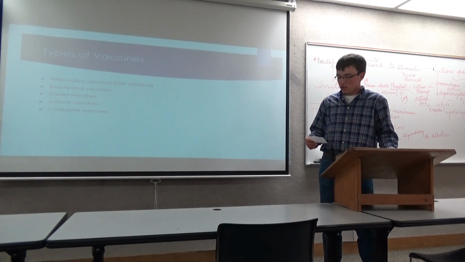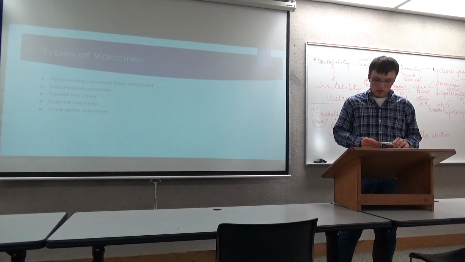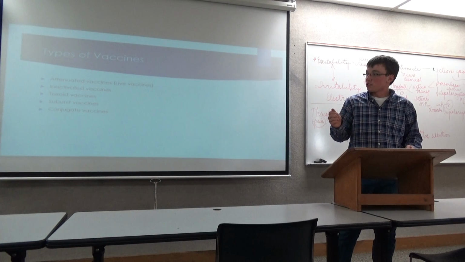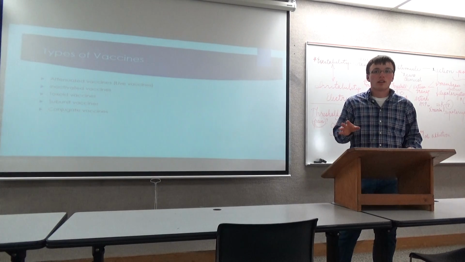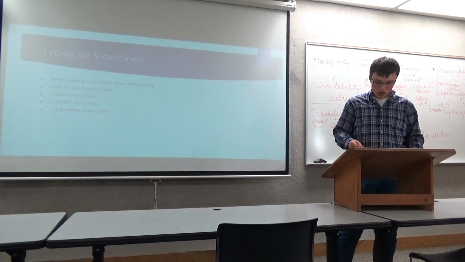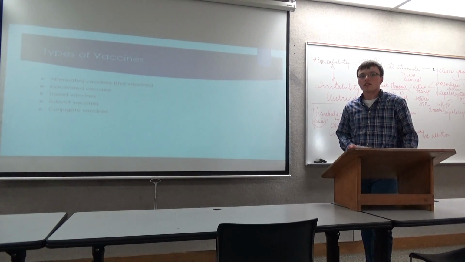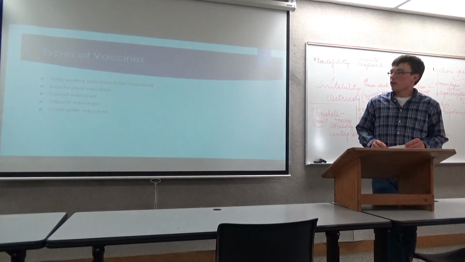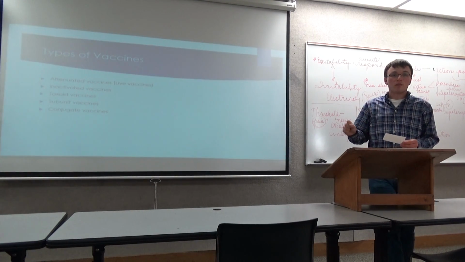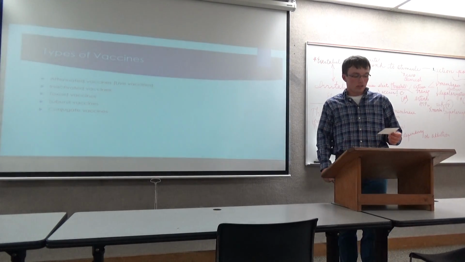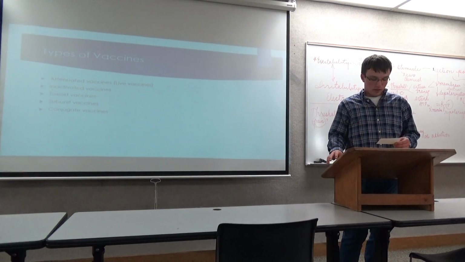Subunit vaccines consist of only the part of virus or bacteria. They just consist of one part of it, or subunit, so that the body can recognize it and fight it quicker and easier. And then conjugate vaccines fight back. There's a certain type of bacteria that has a sugar-like membrane around it, and these vaccines are made to help the body fight those membranes, because the regular immune system won't go through the membranes, which won't allow it to fight the virus or the bacteria.